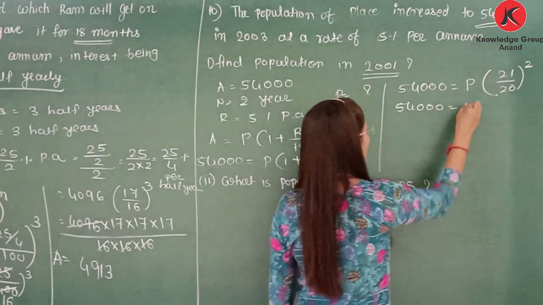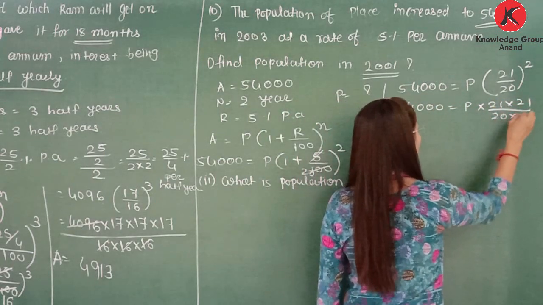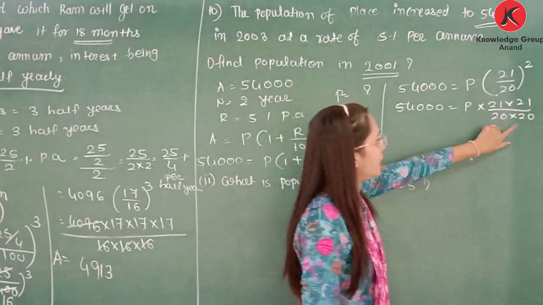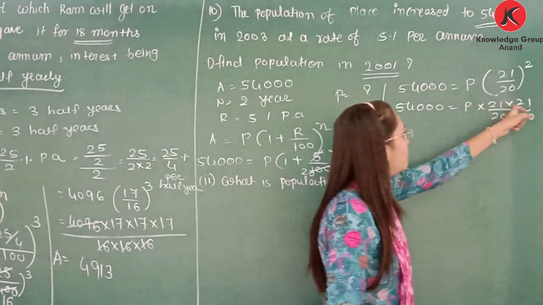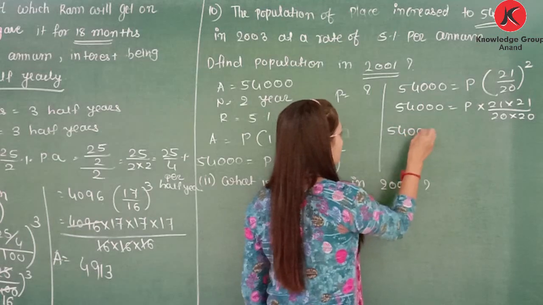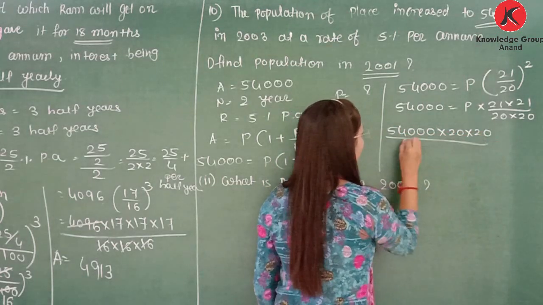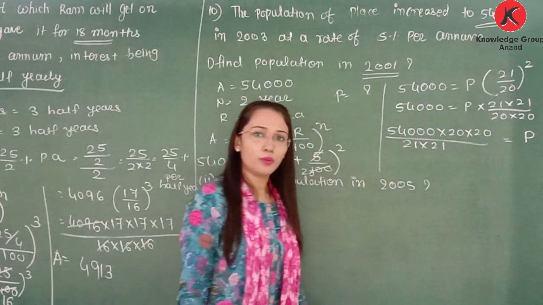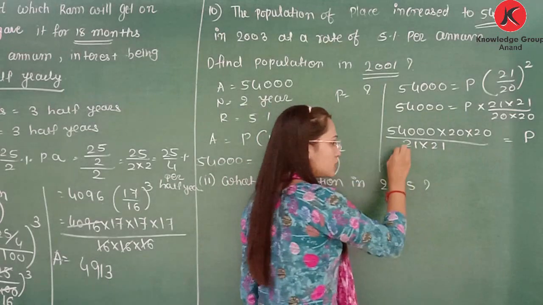Now here 5400 is equal to P times 21 multiplied 2 times and 20 divided 2. Now, if we want to find the variable P, then we take this denominator to the numerator in a multiplication, and multiplication becomes denominator. So, here we get 5400 multiply 20 multiply 20 divide 21 20. On the left side we have the principal. So, P will, if you solve this, you will get